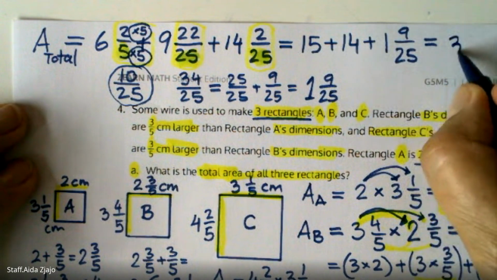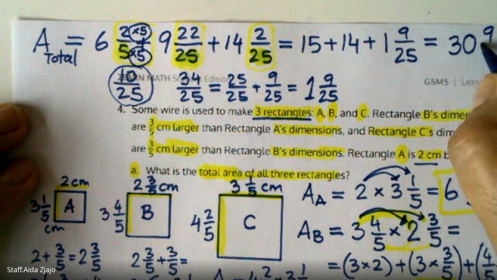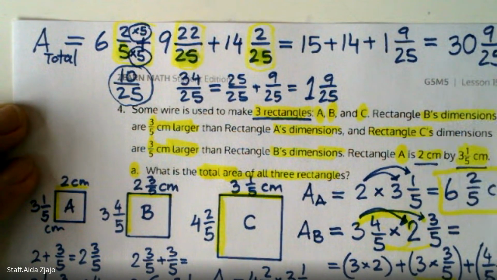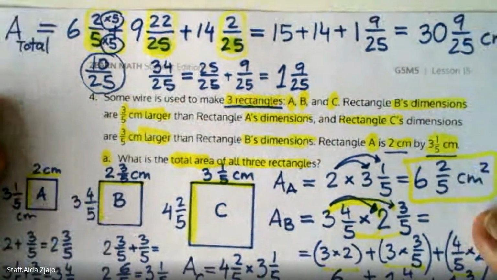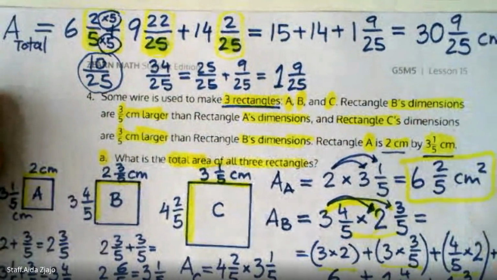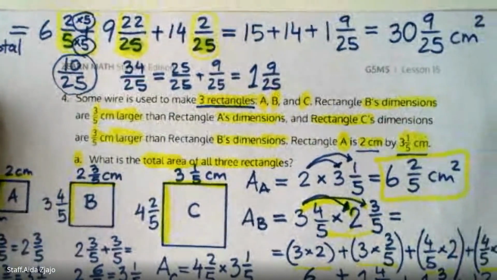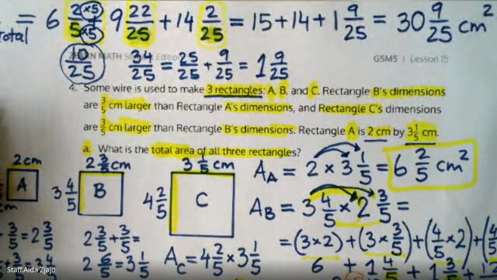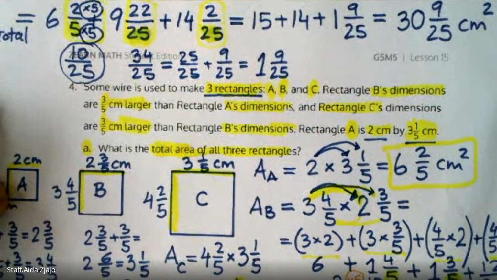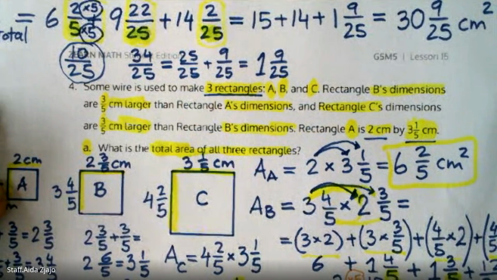So it's 30 and 9/25 square centimeters. So this would be a total of square centimeters. This is the total area of these three rectangles. Okay,